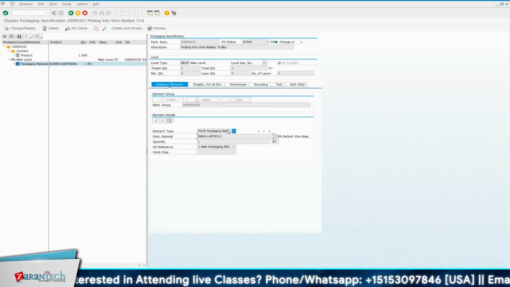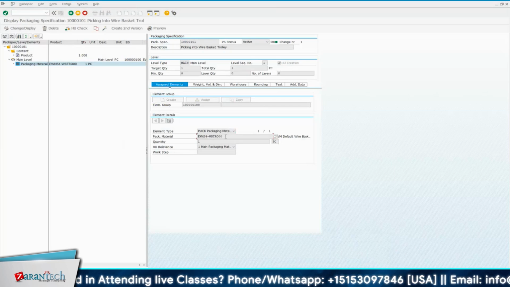So this is the material in the system, and then it will have one quantity. You will have various details mentioned over here. But if you see the label sequence, here it is label 1. What do we mean by this level sequence? So if you take the example of the laptop or the glass cookware we discussed,